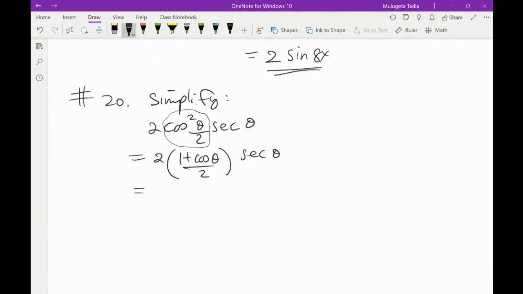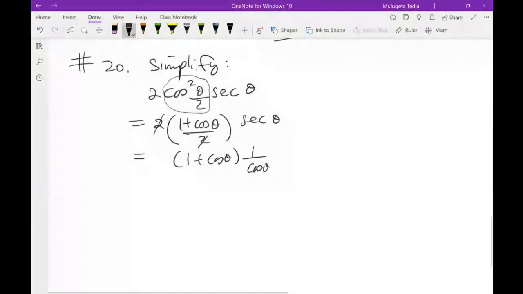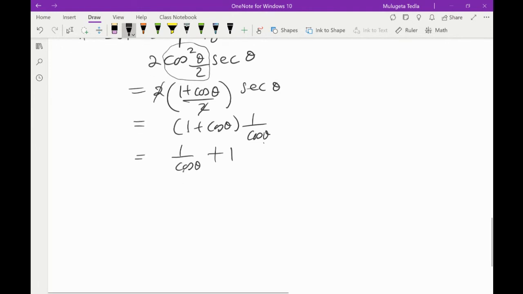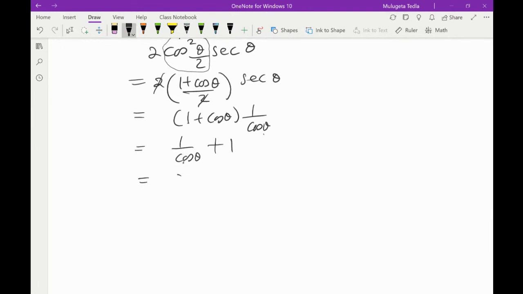So I'm going to simplify. 2's cancel. So what I got is 1 plus cos theta times 1 over cos theta. Secant is 1 over cos theta, if you will. So this is 1 over cos theta times 1, I mean plus 1. 1 times 1 over cos theta is 1 over cos theta. Cos theta times 1 over cos theta is 1. So this is just secant theta plus 1. I don't know if that's better, but